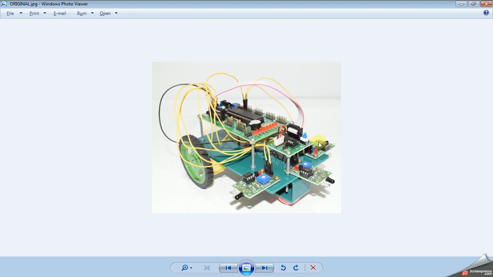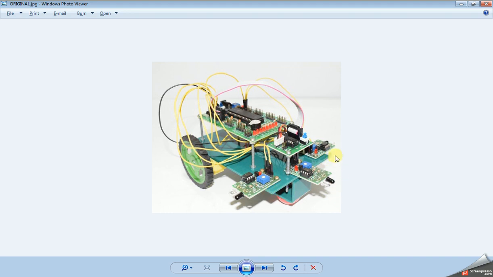Whenever there is an obstacle at the right side, the robot has to move left to avoid that obstacle. Whenever there is an obstacle at the front side, the robot has to stop. So these three conditions I'm going to write in the program.